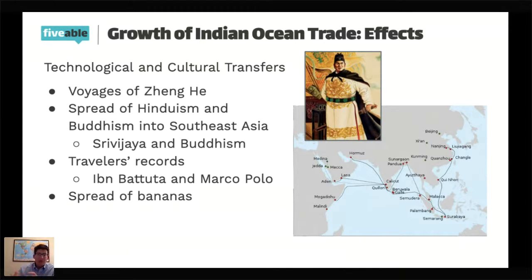He went to Southeast Asia and India and the Arabian Peninsula and to the coast of East Africa, of course, transferring or making connections between China and these trading regions. He was especially known for his large treasure fleets, these massive amounts of ships, and the lavish gifts that he would bring. And he also brought back a giraffe for the emperor. So that's kind of cool.